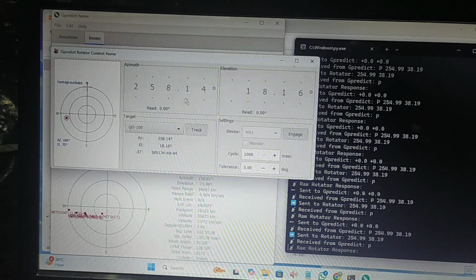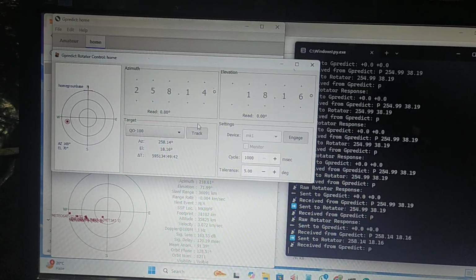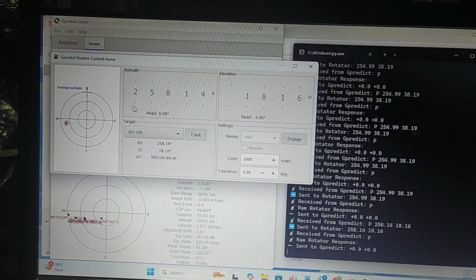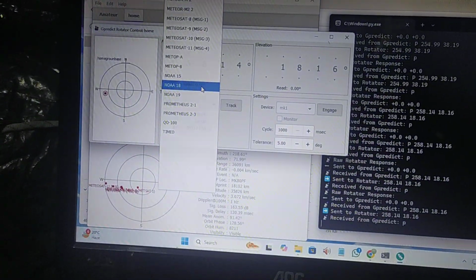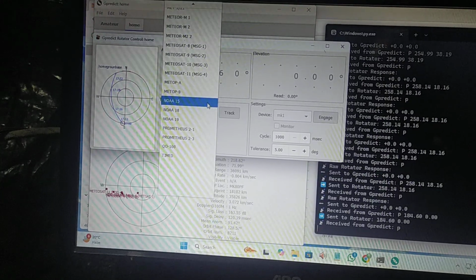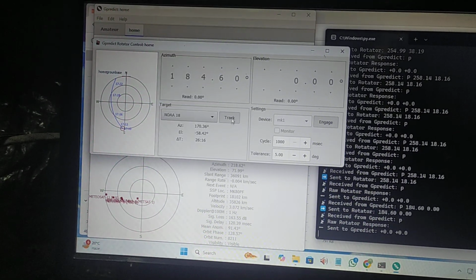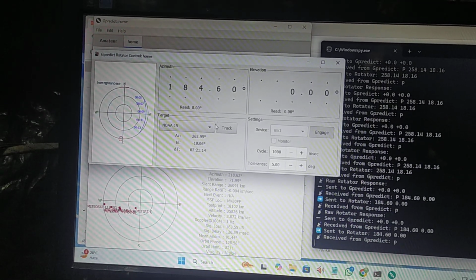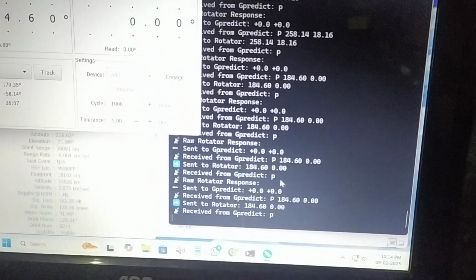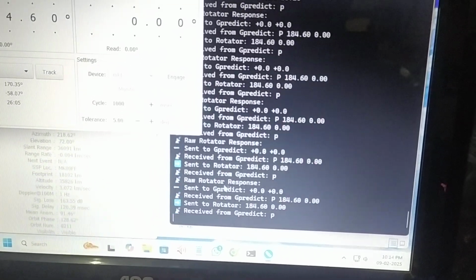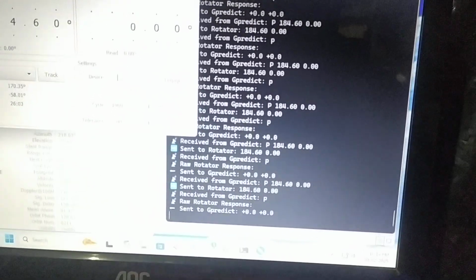If I track, these values will be updated, and there you can see the rotator is actually moving. You can hear the rotator in the background. Right now I can't find any satellite that I can track, but you get the point. In the terminal you can also see the position data is actually getting updated, and